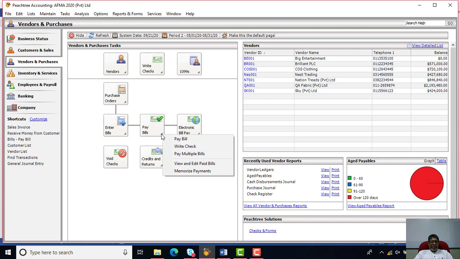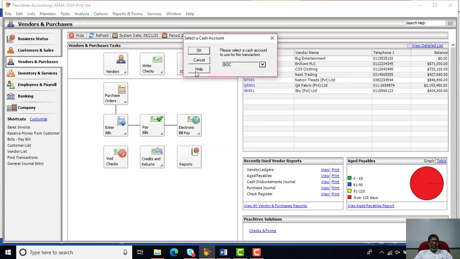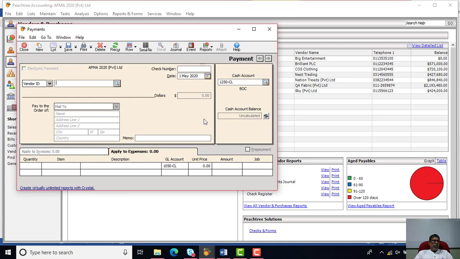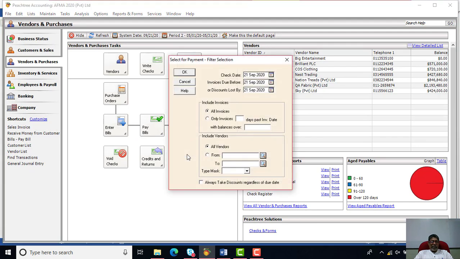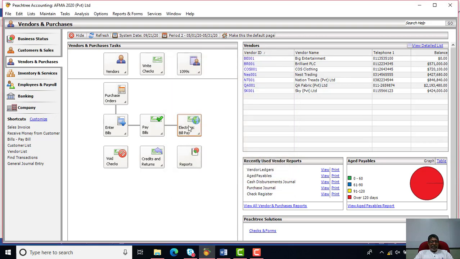By clicking that, you can see various options there, whereby we can go to the pay bill option and click that. That will again ask you to confirm and click OK. That will open up. And also there we can see multiple payments are available, whereby we can pay one check to many suppliers. So here we can set up that as well. We will see whether in the handout we are going to discuss that better, or we are going by individual suppliers, right? So that is the third option.